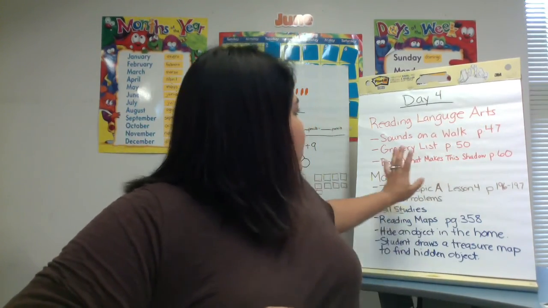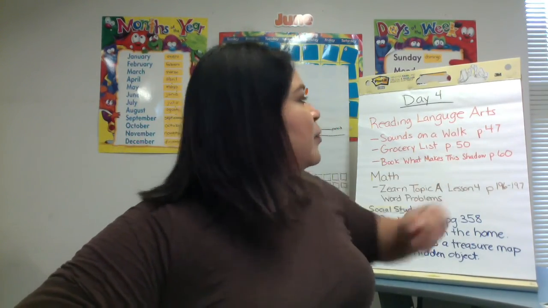Okay, so that was the second activity. And now we're going into the book. We're still working with what makes this shadow. Okay, so for this one, since yesterday we went ahead and specified what happened at the beginning, at the middle,